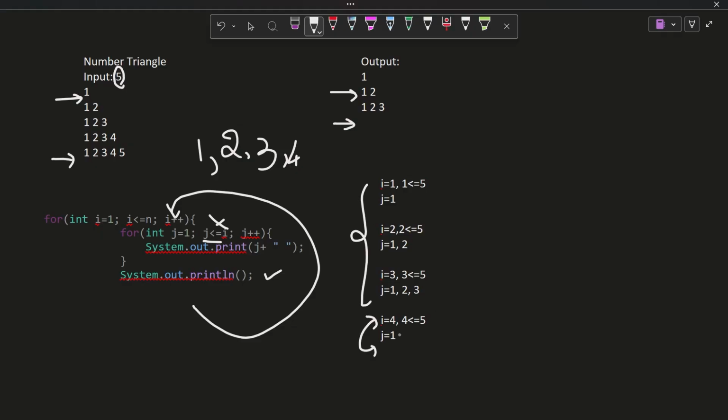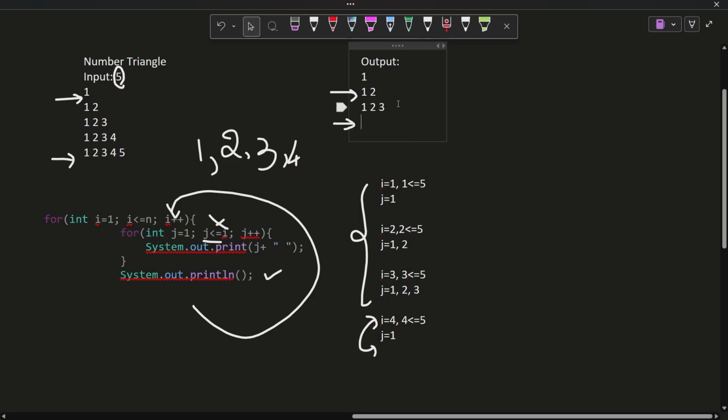Now when j is 1, 1 is less than or equal to 4, the condition is true, so 1 gets printed. Now when j is 2, 2 is less than or equal to 4, so 2 gets printed, and when j is 3, 3 is less than or equal to 4, and 3 gets printed.